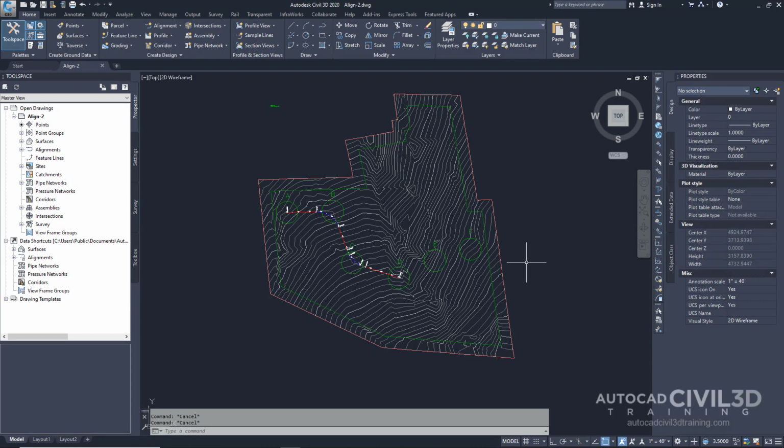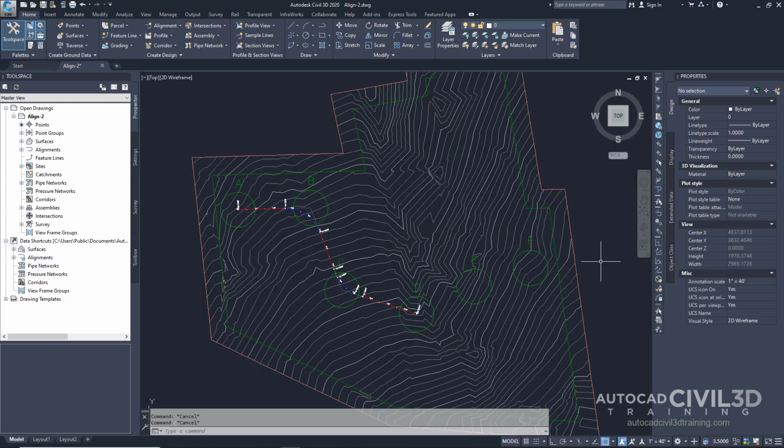Let's get started. In this exercise, you'll add two floating curve entities to a simple alignment. First, you'll add a best fit floating curve that follows the most likely path through a series of points. Then you'll add a floating reverse curve with spirals. Now the drawing shows a simple alignment consisting of three tangents with curves. In the next few steps, you'll add two floating curves to the end of the alignment.